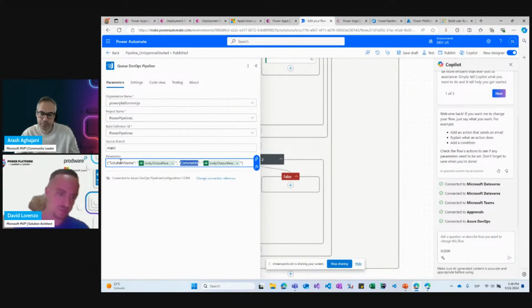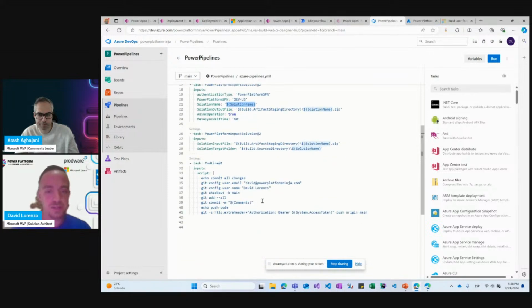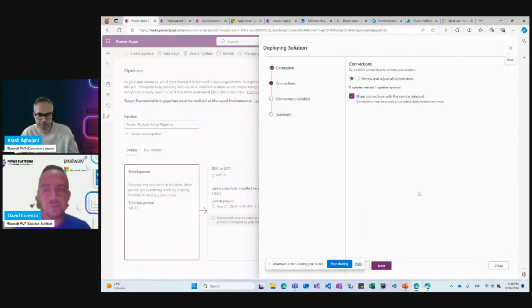So we pass two parameters, the solution name, the solution internal name, and the comments. The solution name is a variable received through the API, and the comments are used to set the commit comment.